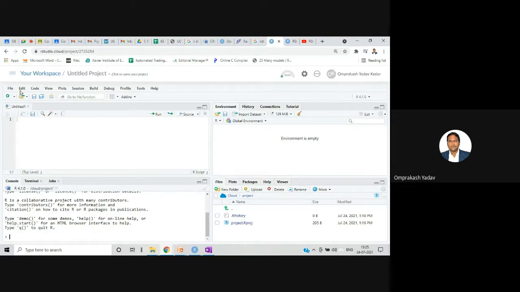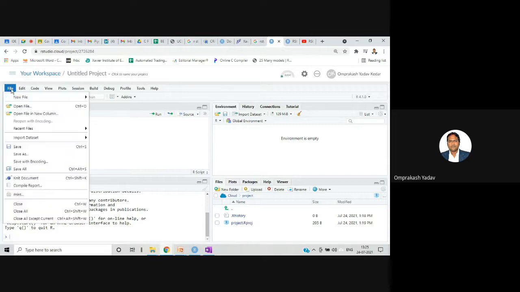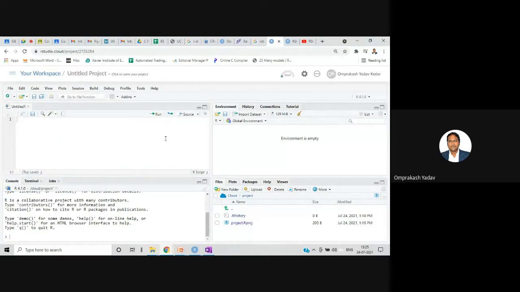If you see over here, different options are available. Like in the file menu, you can see different options like save as. But remember, if you are working on the cloud, that is not on our local machine. If we are accessing remotely, the cloud is somewhere else, right? So if you want to store anything on the cloud, we have to upload, right? There is an upload option. If you see in the fourth quadrant here, the upload option is there, right?